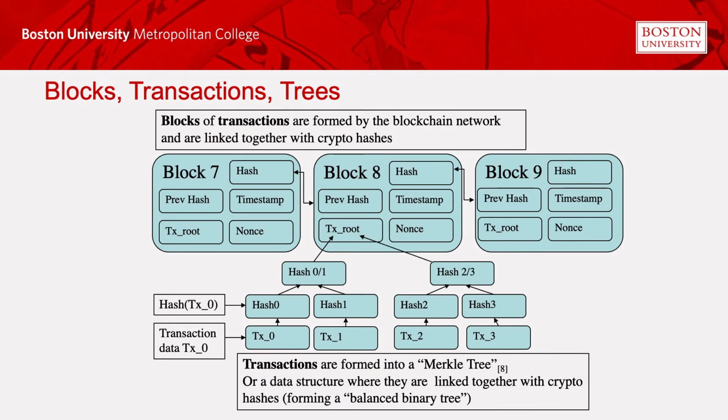So last time we looked at the taxonomy of a block, and that it has a hash which describes its own contents. It has the hash of the block that preceded it in the chain. That's how they get linked into a blockchain. And then it had a special kind of hash structure for the transactions themselves called a Merkle tree. The Merkle tree is shaped as a balanced binary tree, as a computer scientist would call it, so that one can have each corresponding set of hashes hashed together to end up with a Merkle root. So you end up with, in the case of Bitcoin, a 32-byte number that describes all the transactions in the